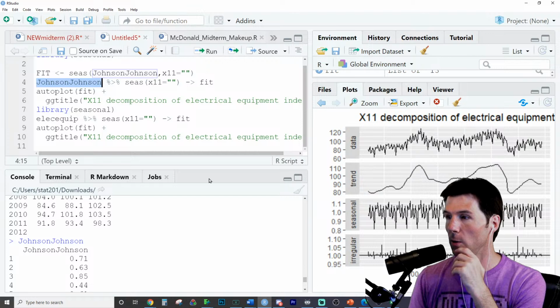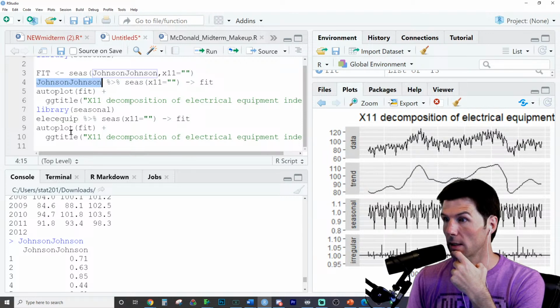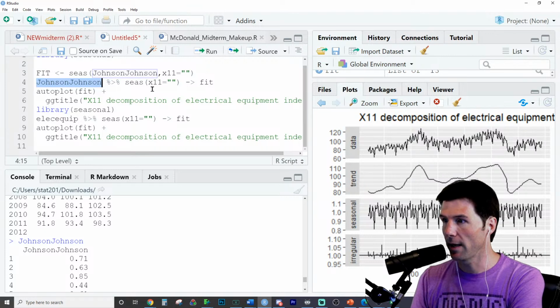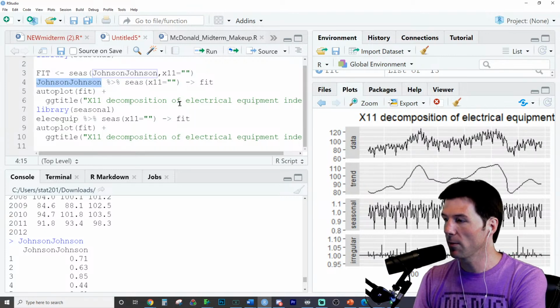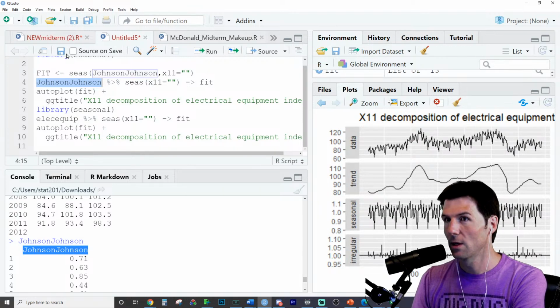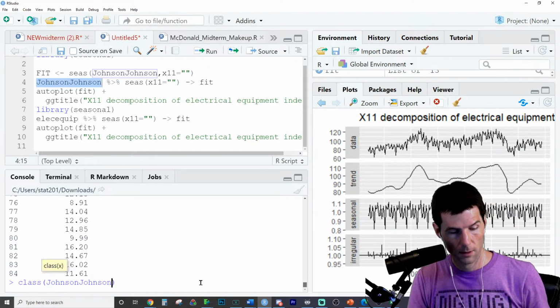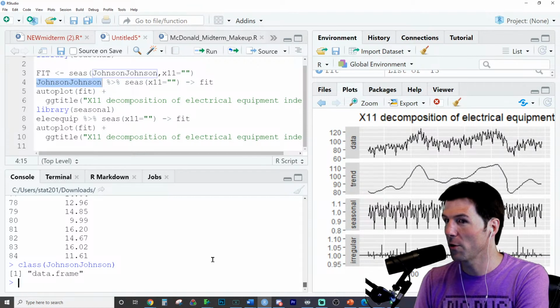So why is this code not doing a decomp properly? Why is the decomp not happening as I pass through this object? Well, it's not really the fit. Look at the object. This is the previous object. This is the one that worked. This is the one that doesn't work. So I can kind of give away the answer. And the answer is going to be this. That's the answer.